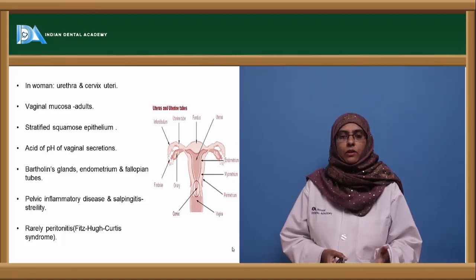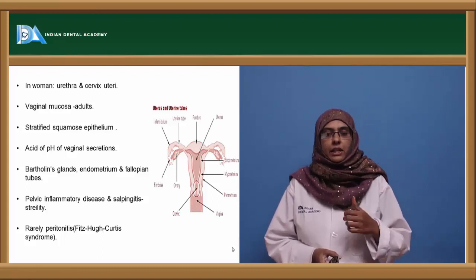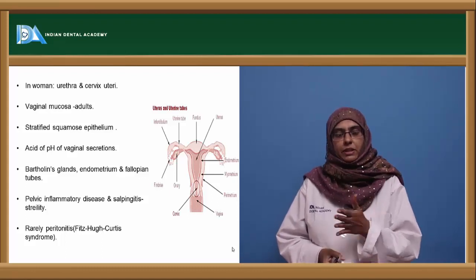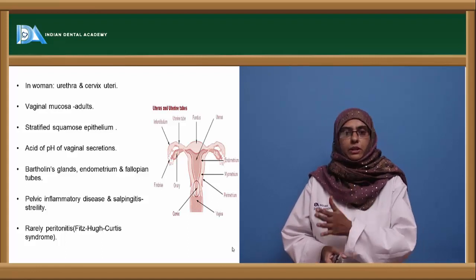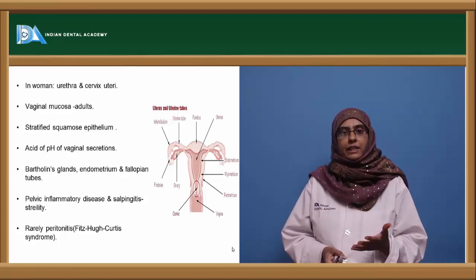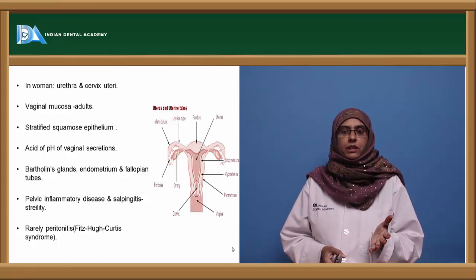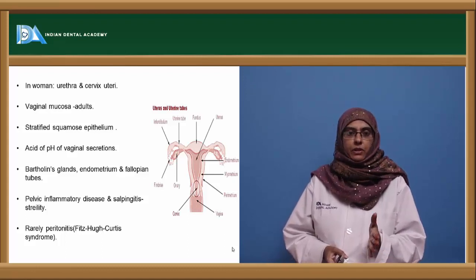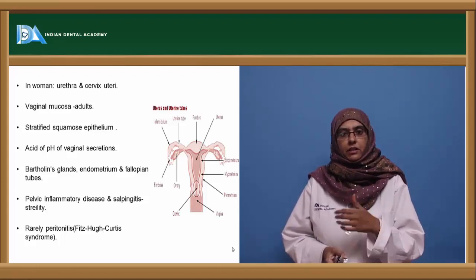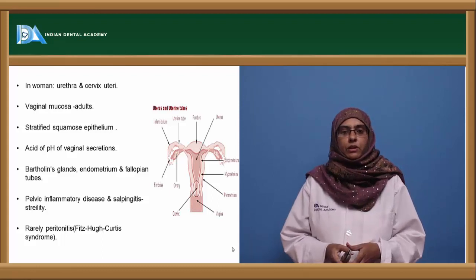In women, it is usually seen in the urethra or the cervix uteri, and these organisms do not easily cause infection in the female, because of the resistance provided by the presence of stratified squamous epithelium, and because of the acidic nature of the vagina, with a pH of around 3 to 5. Because of the acidic pH in the vagina, the organism will not be able to cause the disease,